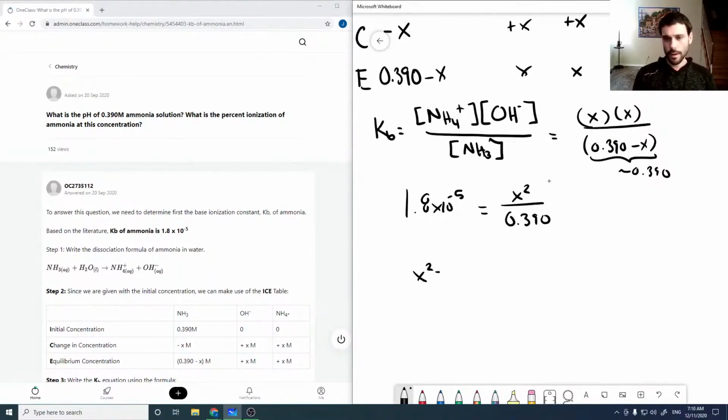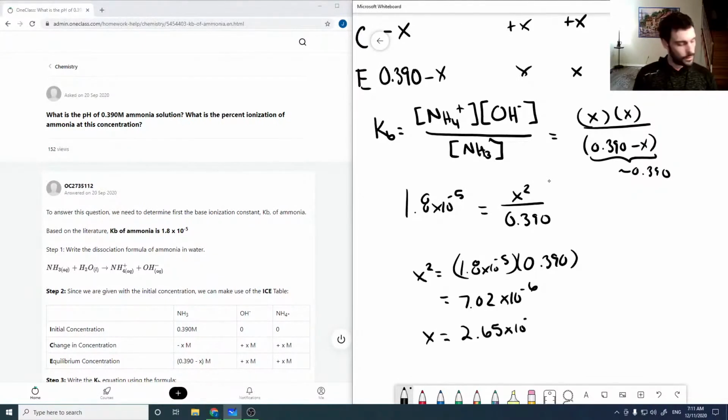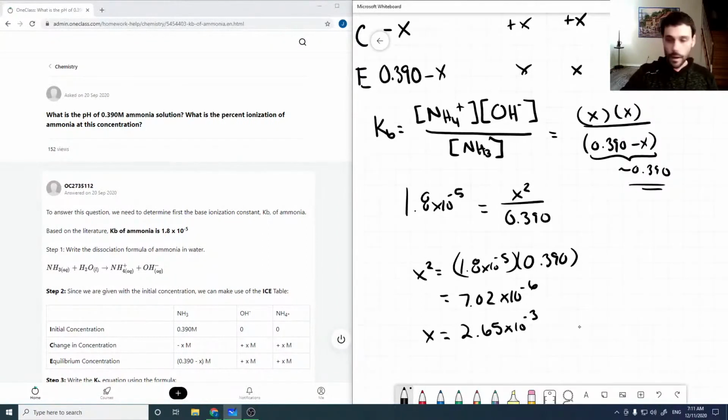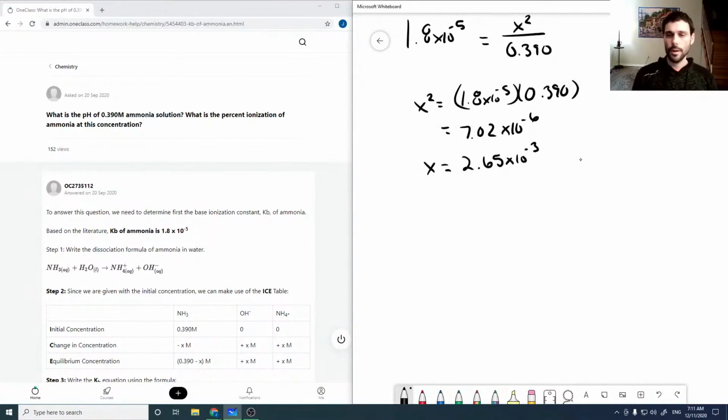And so our x squared is 1.8 times 10 to the minus 5 times 0.390, which is 7.02 times 10 to the minus 6. So x is 2.65 times 10 to the minus 3. And we can see the validity of this assumption, because 0.39 minus this is approximately 0.39, I would say. Okay, so now this is our OH minus concentration,